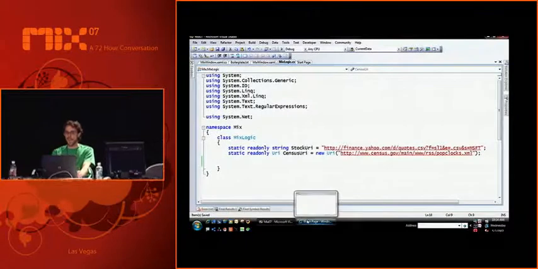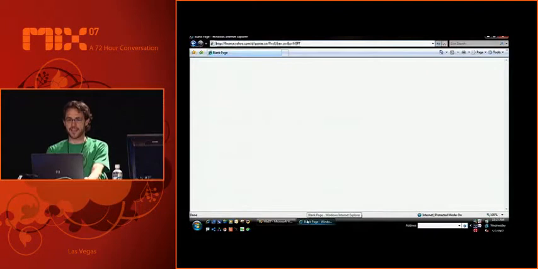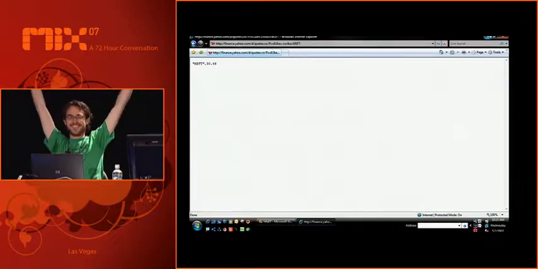That sounds like fun. It wouldn't be a Microsoft demo if we didn't go check out the Microsoft stock price. I'm using a service here from finance.yahoo.com, which is kind enough to give me a URI that gives me back the Microsoft stock price. And it comes back in this nice little comma-separated value. Great. It's a URI. I can type it into a web browser. Stop. Moment of silence. It's over 30. Woo!